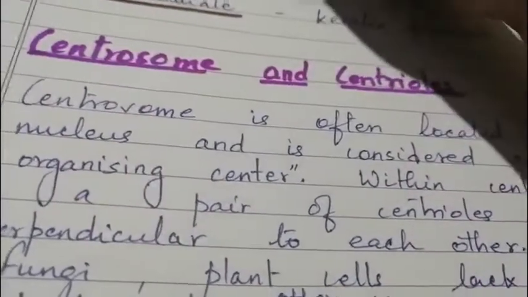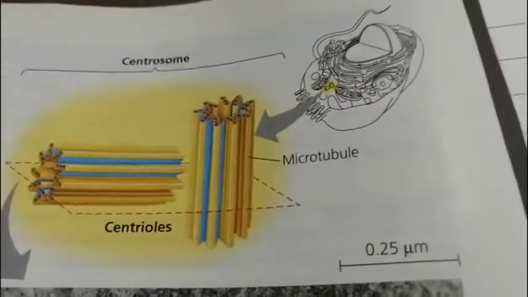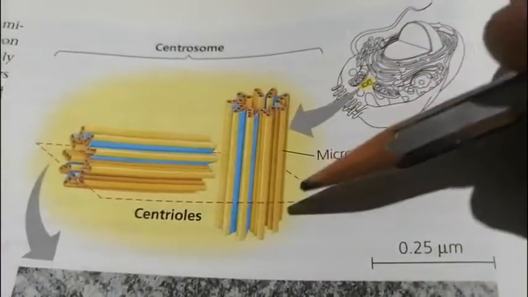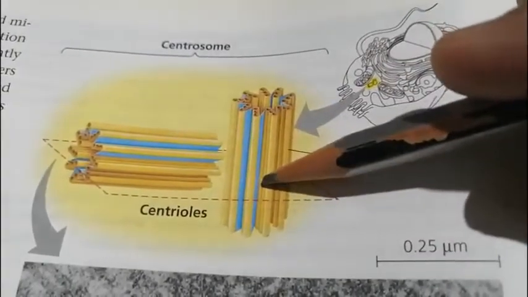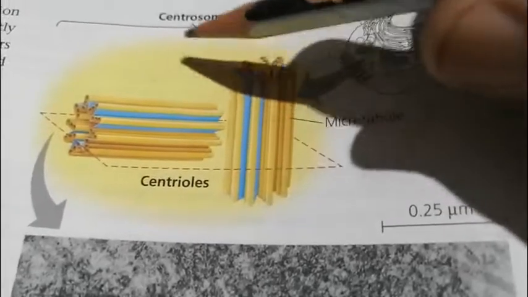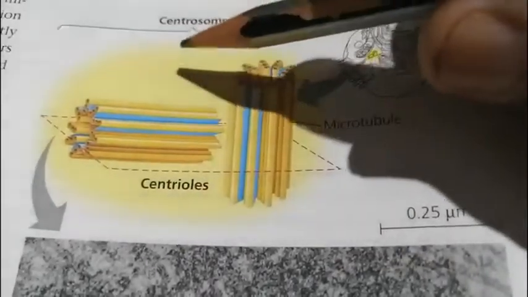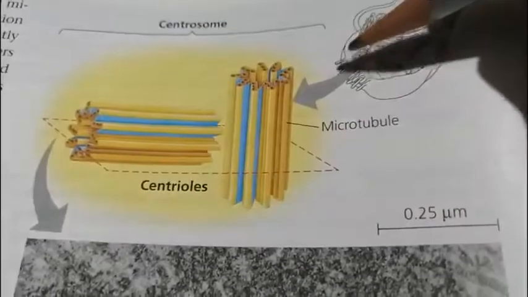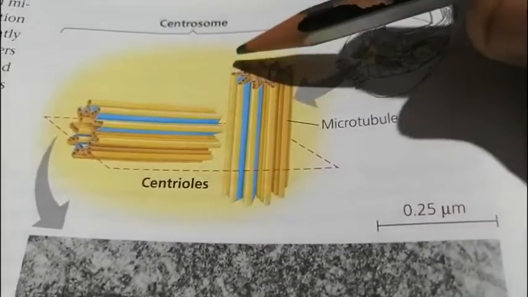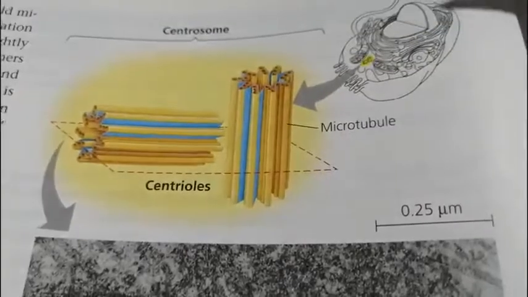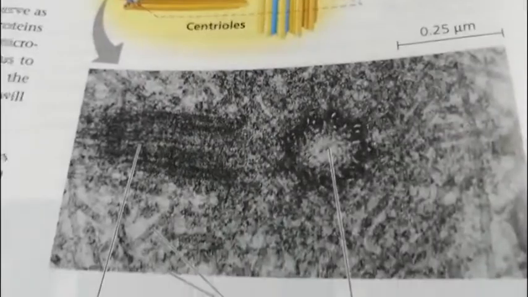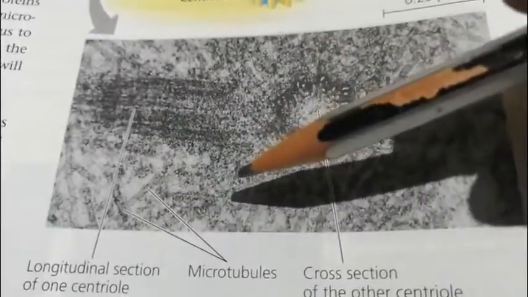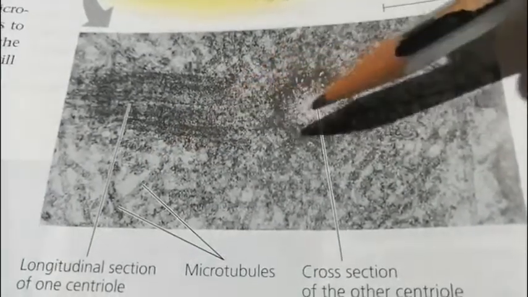I'm showing you here a diagram. You can see here, this is your centrosome. These are the centrioles which are arranged in a particular manner, and you can see here this amorphous material around it, and this entire structure is called the centrosome. This amorphous substance is basically made up of many different kinds of protein tubules. I can show here, these are different kinds of microtubules, and these are the two centrioles.